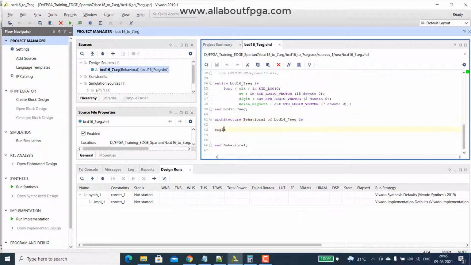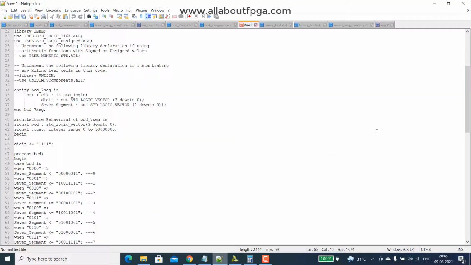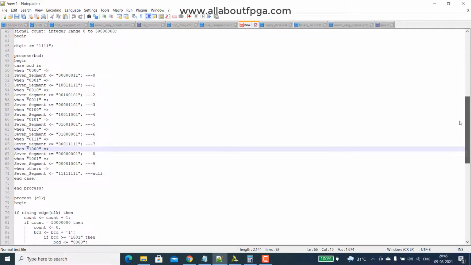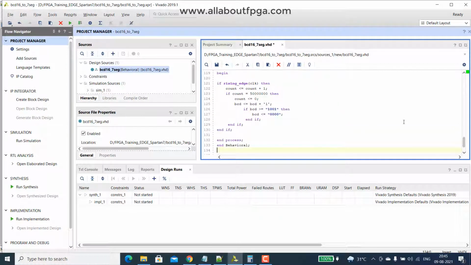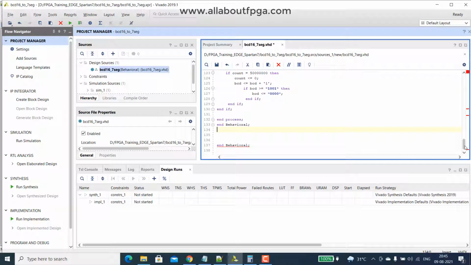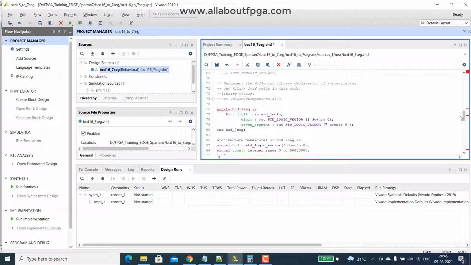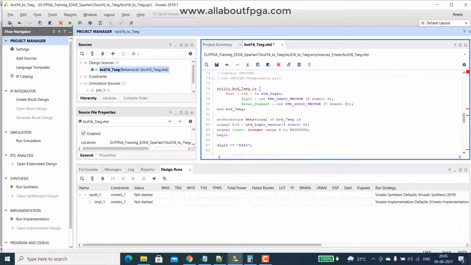Now we simply copy the 7 segment code first into this design. This is the 7 segment counter code, which counts from 0 to 9.